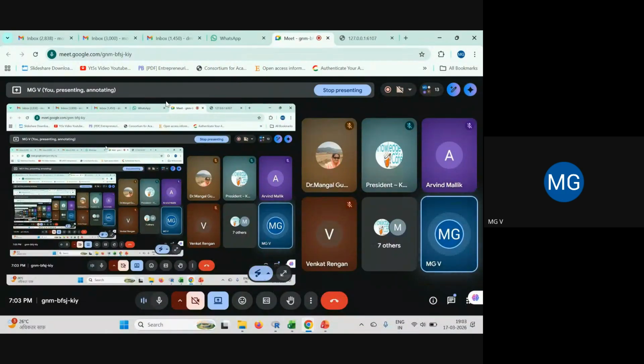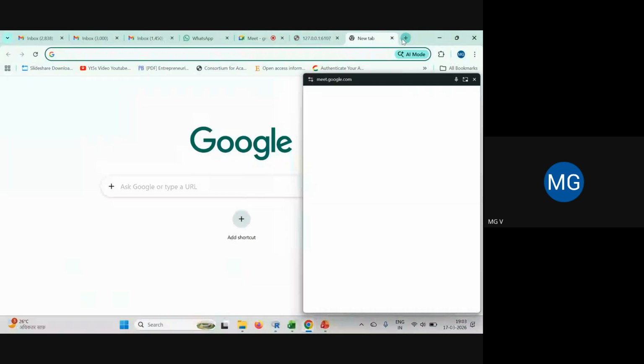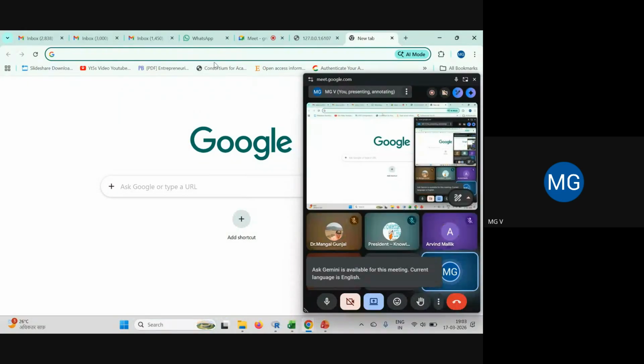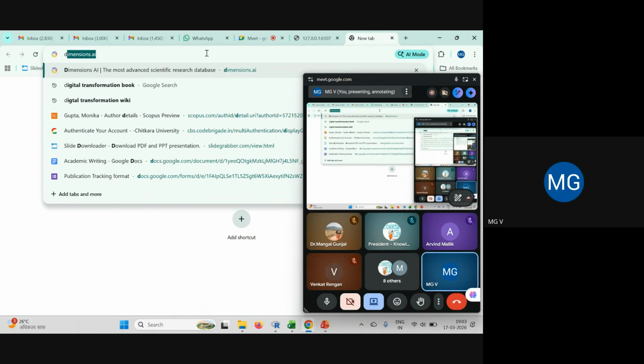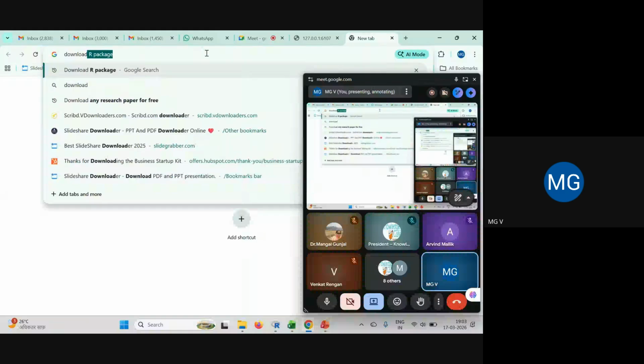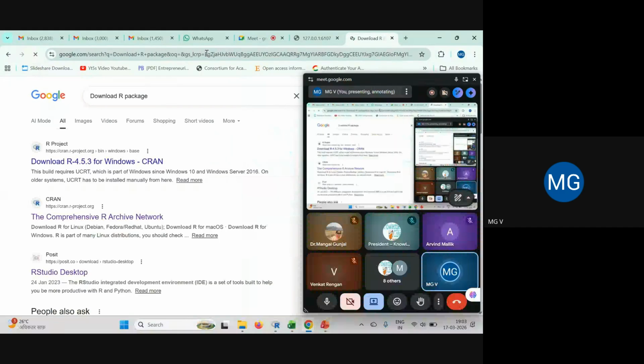Now what is being shown here is this R package. I have already downloaded R on my laptop. You can open a new page and type here, download R. Download R package, right?